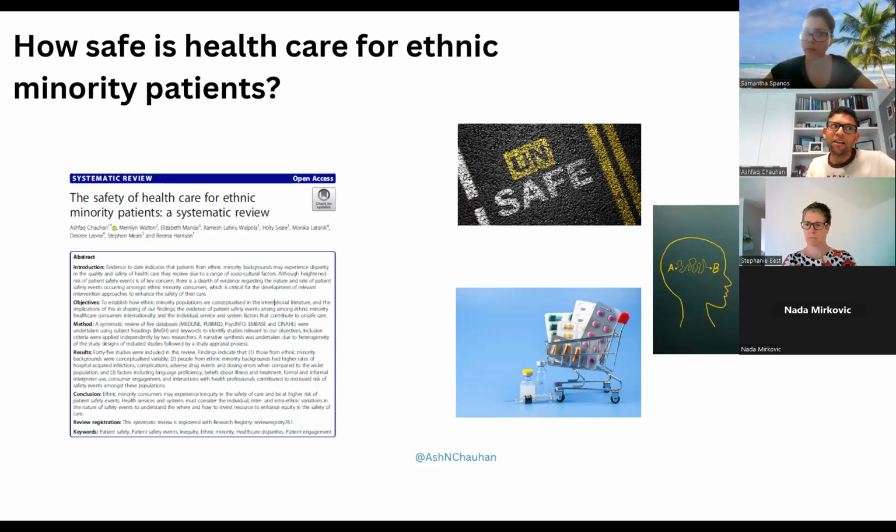In the inpatient setting, most safety events occurred around administrative errors, but in the outpatient setting, specifically for medication errors, the safety events were around taking the wrong dose, not understanding how to take the medication, or not being able to follow the instructions around the care process as healthcare staff intended.